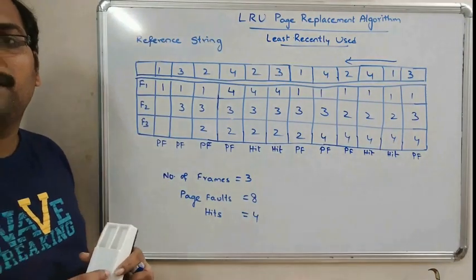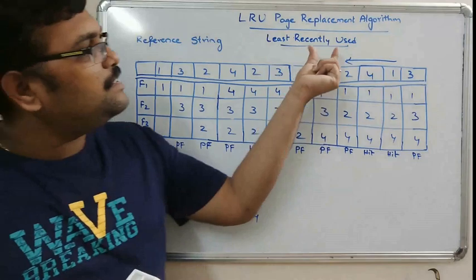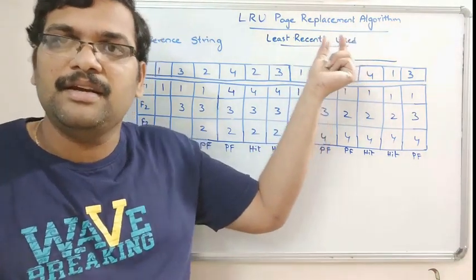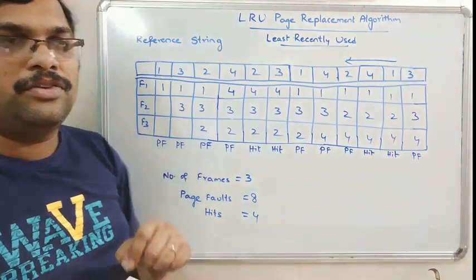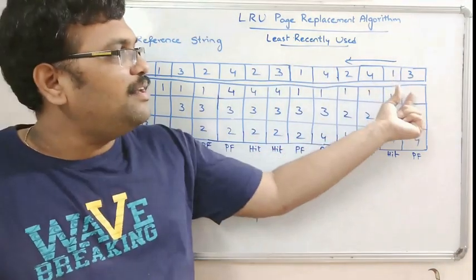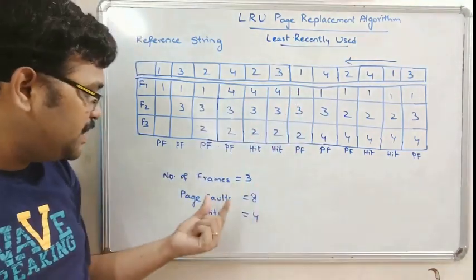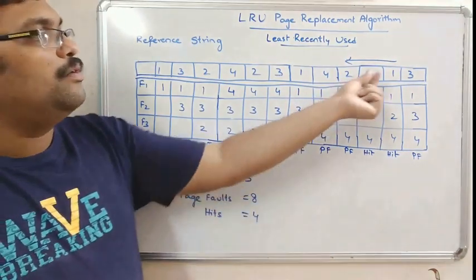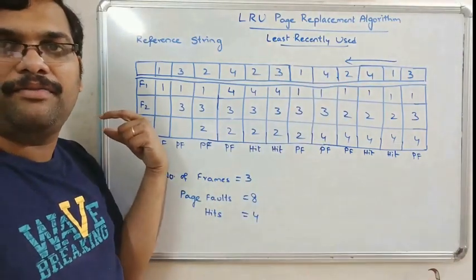Don't get confused. So here we have to find the least recently used page and that should be replaced with the required page. So for that we will travel towards the leftmost 3 frames. 3 frames means here we are using 3, so we will travel 3 frames towards the left side from the